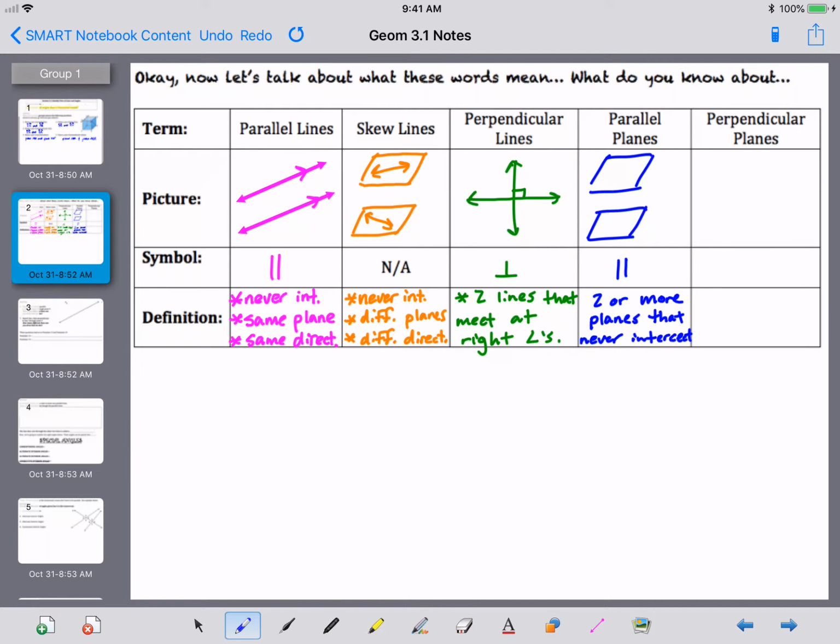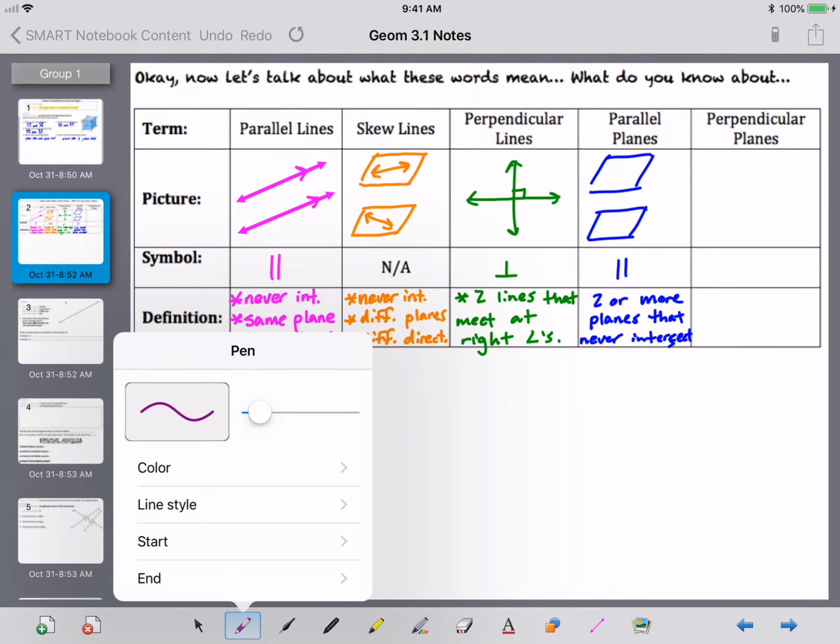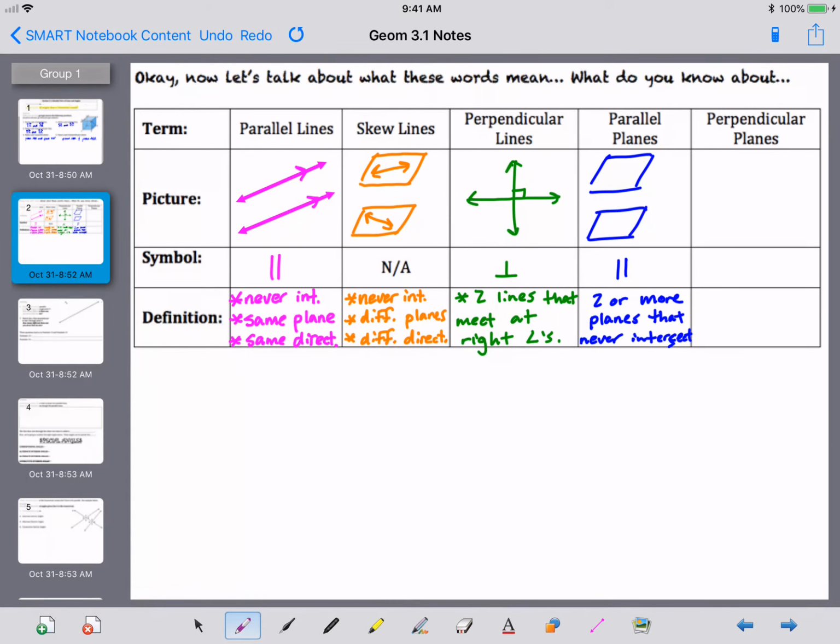Okay, so that would be like the floor and the ceiling or opposite walls, anything of that nature. All right, lastly, we have perpendicular planes. This one's a little tougher to draw, but start just by drawing a plane, and then we're going to